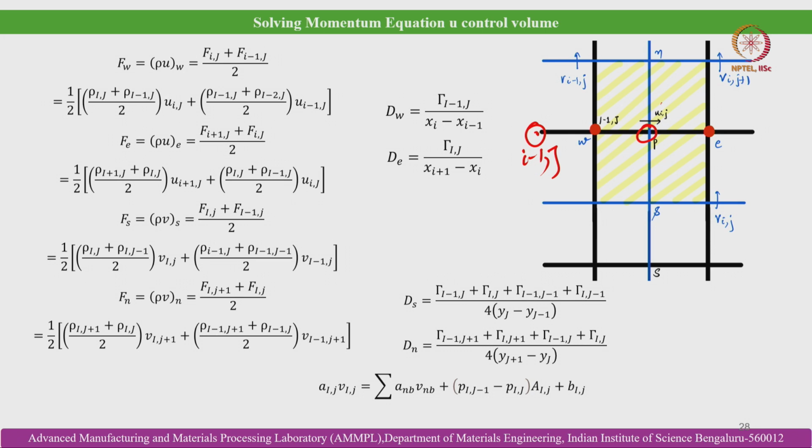So this is P point. Then, please correct it, this should be capital J, U I capital J. So F w is equal to rho U w is equal to F I j plus F I minus 1 j. So for this point plus the mass flux at this point, we can get the mass flux at the west face of the U control volume, which is equal to half rho I j